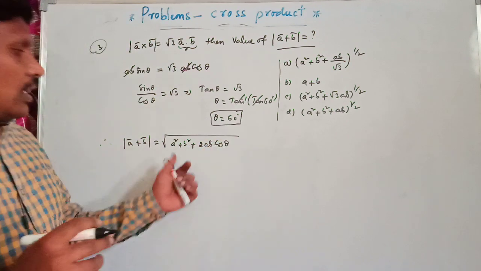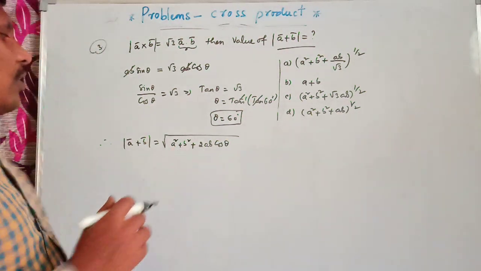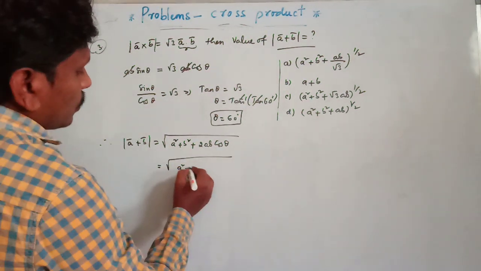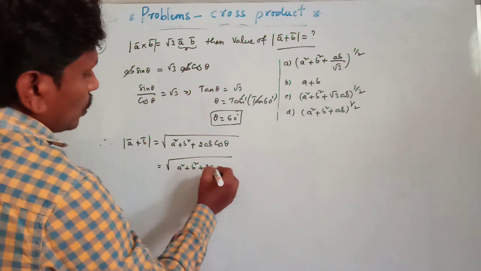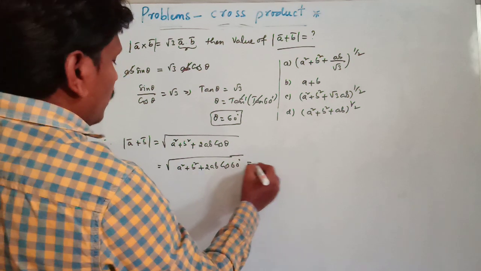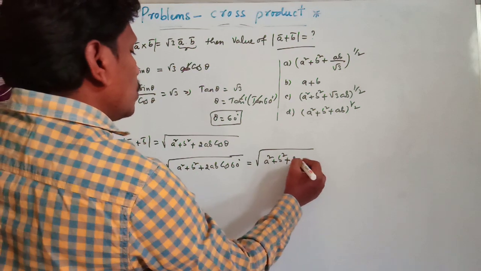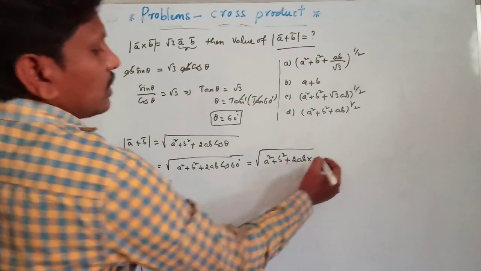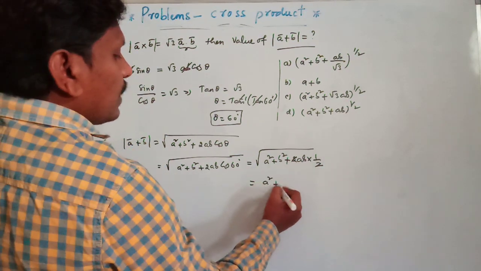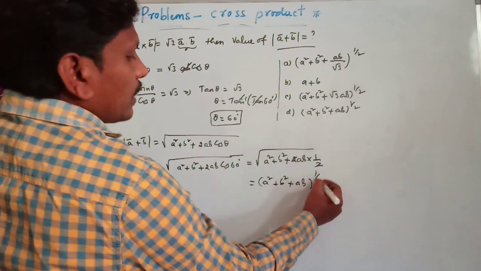Clear? This is the magnitude of the resultant vector in the parallelogram. So this is the square root of A square plus B square plus 2AB cos theta. Theta is how much? 60. So from that we can write it as A square plus B square plus 2AB cos 60. How much is cos 60? Cos 60 value is 1 by 2. The 2 gets cancelled here. A square plus B square plus AB, and this square root we can write it as